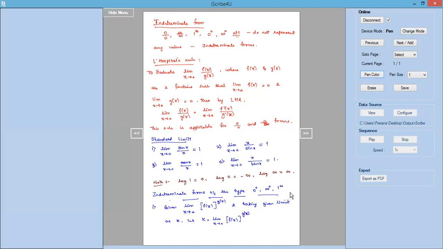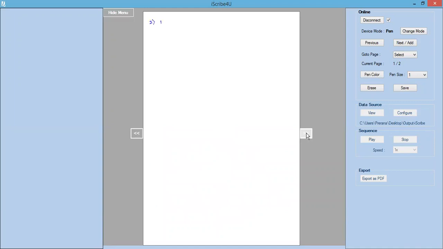So in step 2, we take logarithm on both sides and evaluate the given limit so that we can get rid of the power format of the given question. So step 2 would be taking log on both sides. It will be log k to the base e is equal to limit as x tends to a, g of x into log of f of x. This is obviously the natural logarithm, so to the base e.